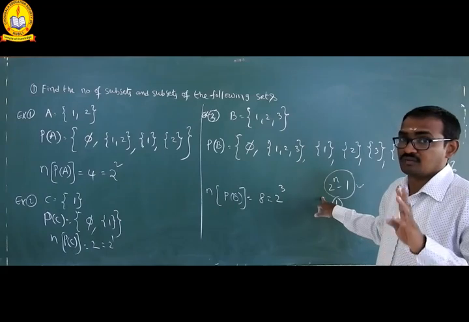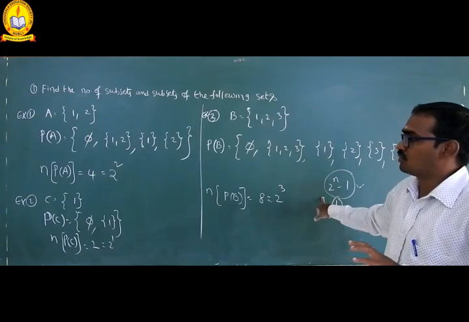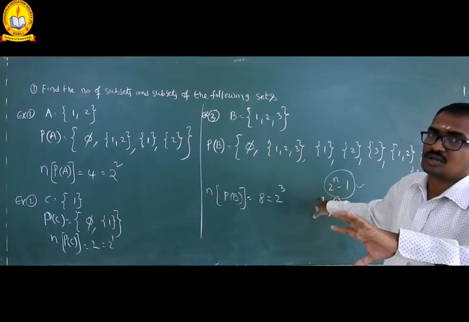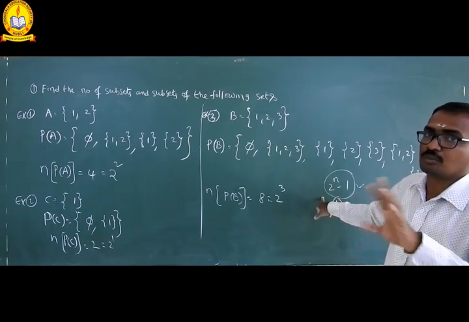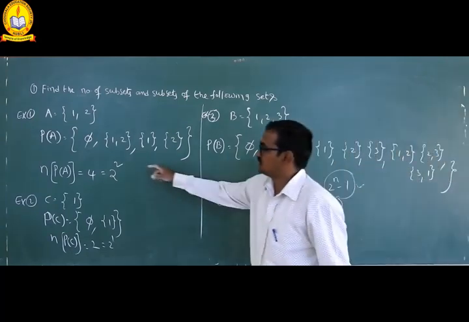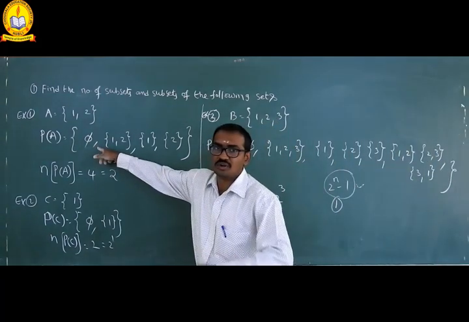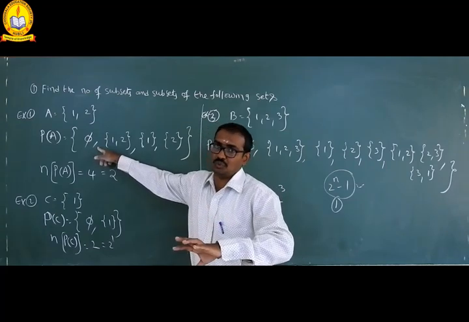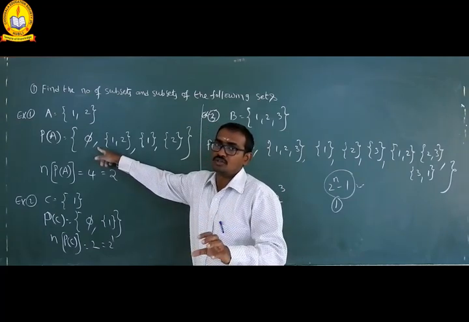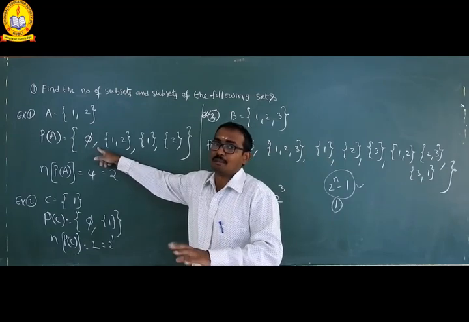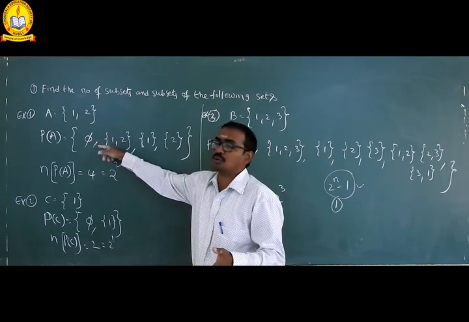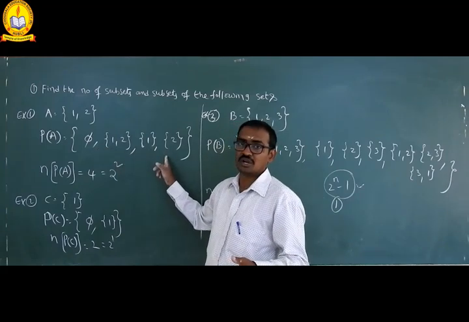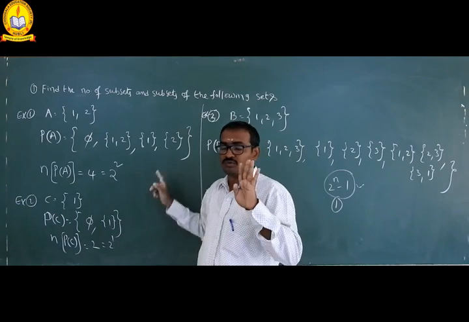And one more point is there, fourth point: number of non-zero proper subsets. Zero proper subsets, non-zero proper subsets. Empty set is a zero subset. If you delete that one, number of non-zero proper subsets is equal to 2 power n minus 2. Instead of n, if you write 2 square minus 2, 4 minus 2, that is equal to 2: singleton 1 and singleton 2. So total 4 points are there.